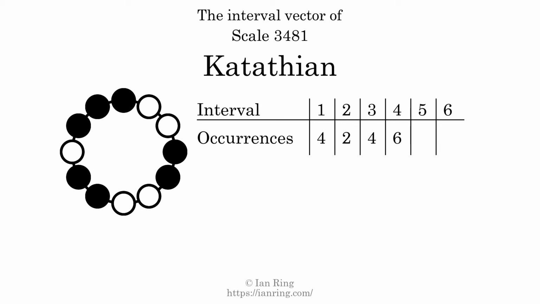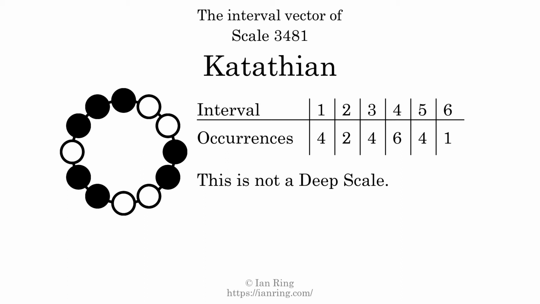There are 6 intervals with a size of 4 semitones. They are here, here, here, here, here, and here. There are 4 intervals with a size of 5 semitones. They are here, here, here, and here. There is 1 interval with a size of 6 semitones. It is here. Each interval does not appear in this scale a unique number of times, so this is not